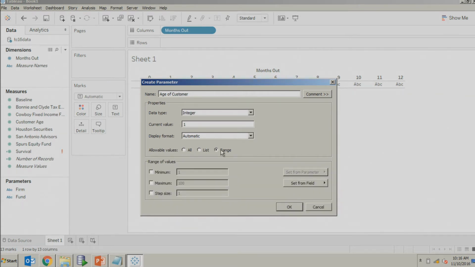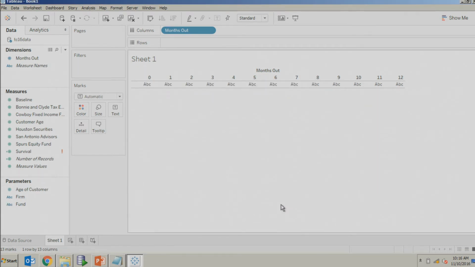And what you might want to do here is put a range in. We don't see too many 2- and 3-year-old investors and things like that, so you might want to create some boundaries between maybe 18 and 85 years old. Hit OK. So we're one step closer to getting the survival function built, but we can't just drop